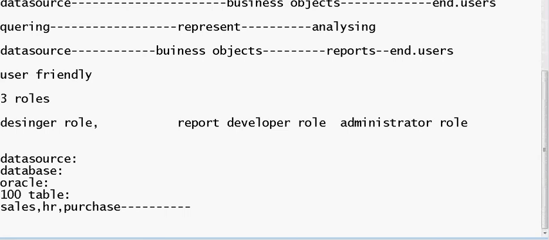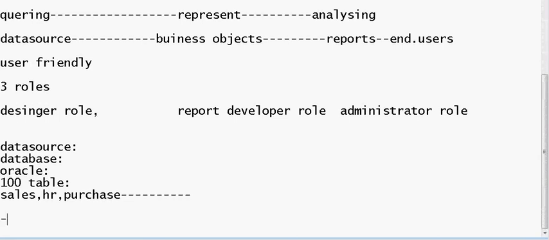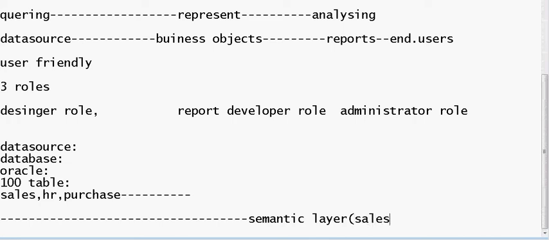So business objects first creates a semantic layer. If the end users are expecting information only related to sales, we can maintain a sales semantic layer. If the end user is expecting only purchase information, business objects first creates the purchase semantic layer.